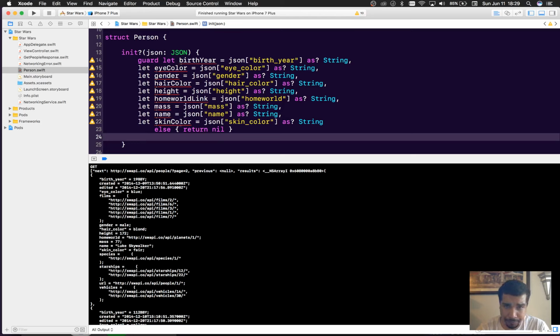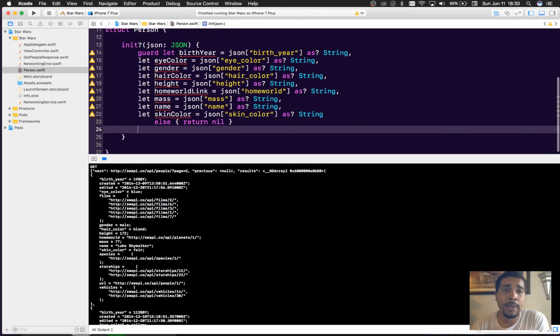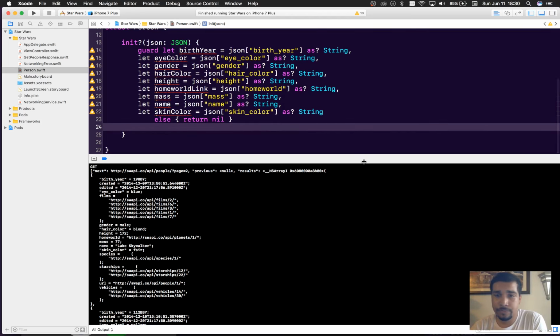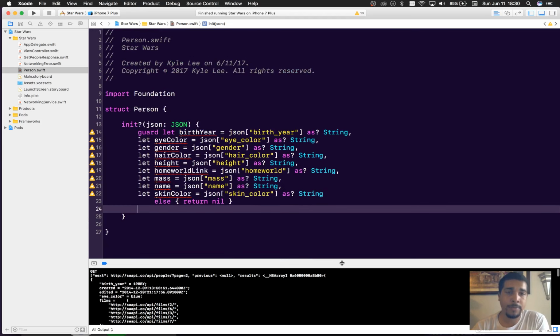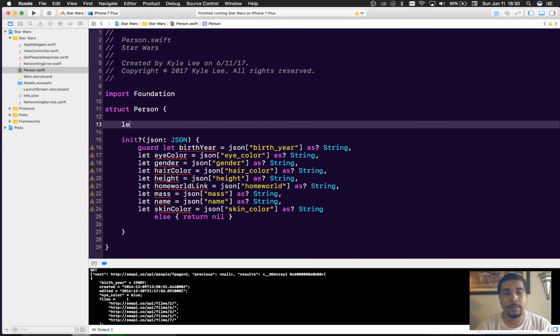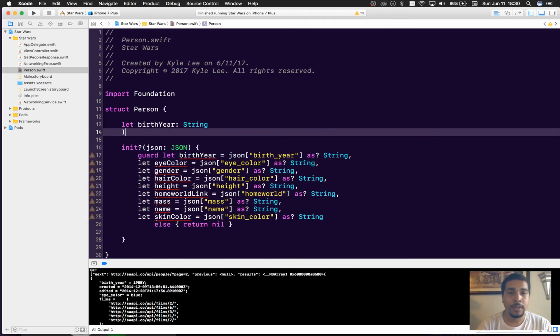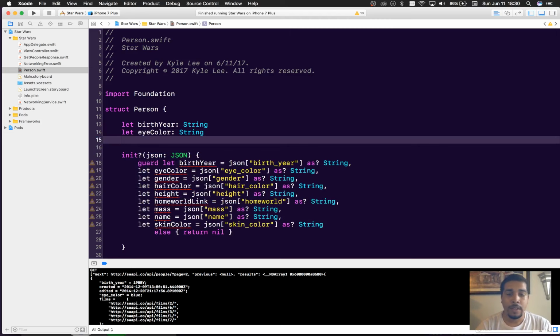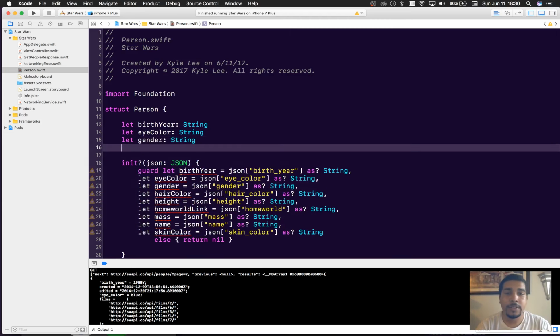Okay, so for each person that's in this array, we're going to get all this data, and we're going to have access to all this data. So what we have to do is make properties for each of them. So we have to go through that entire process again. So let birth year of type string, let eye color of type string, let gender of type string, let